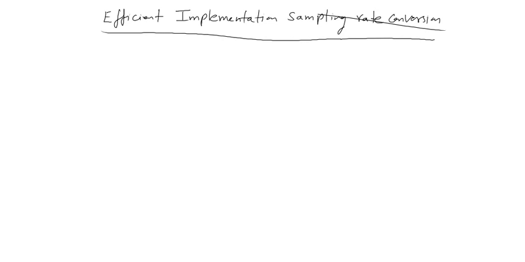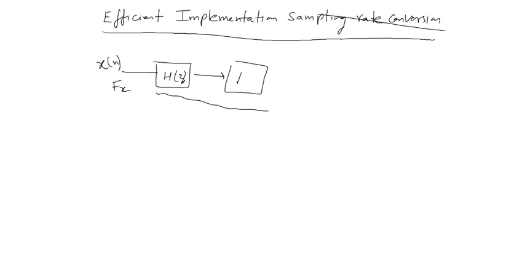of sampling rate conversion. So let's say that you have x of n, which is the input, with some sampling rate f of x, and you pass it through the filter h of z and then downsample it, right? So this complete process is decimation. Okay, so this will be y of m, where y of m is the decimated output whose sample frequency is fx by m. Okay, so this will be v1 of n.